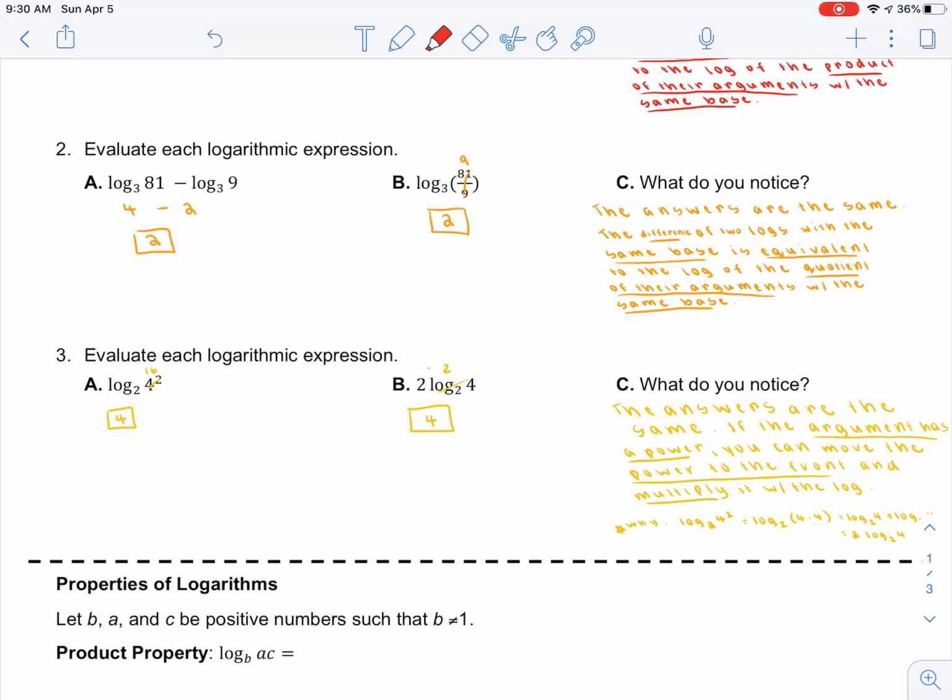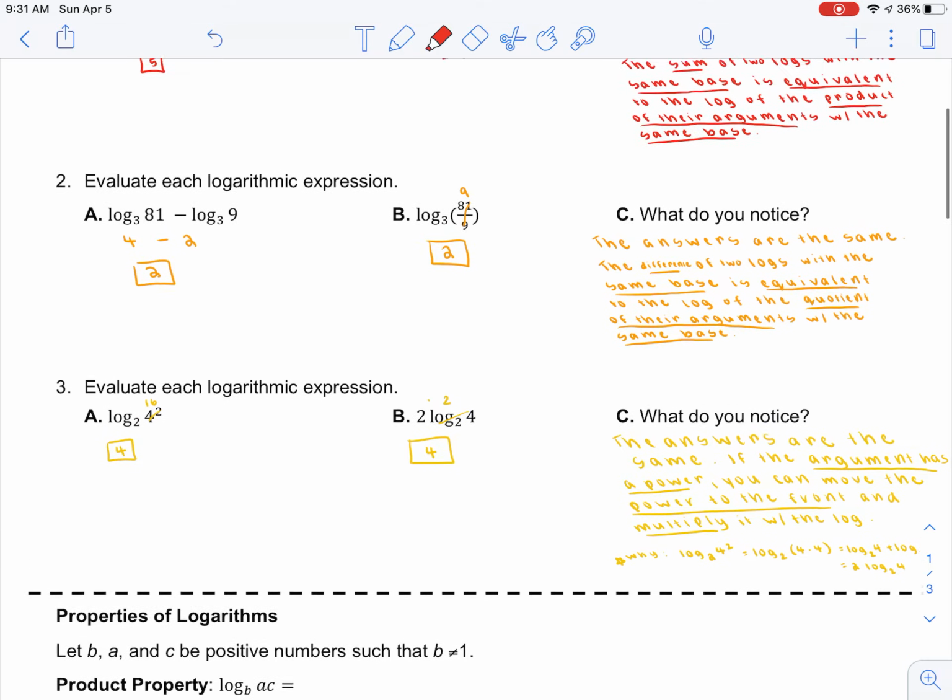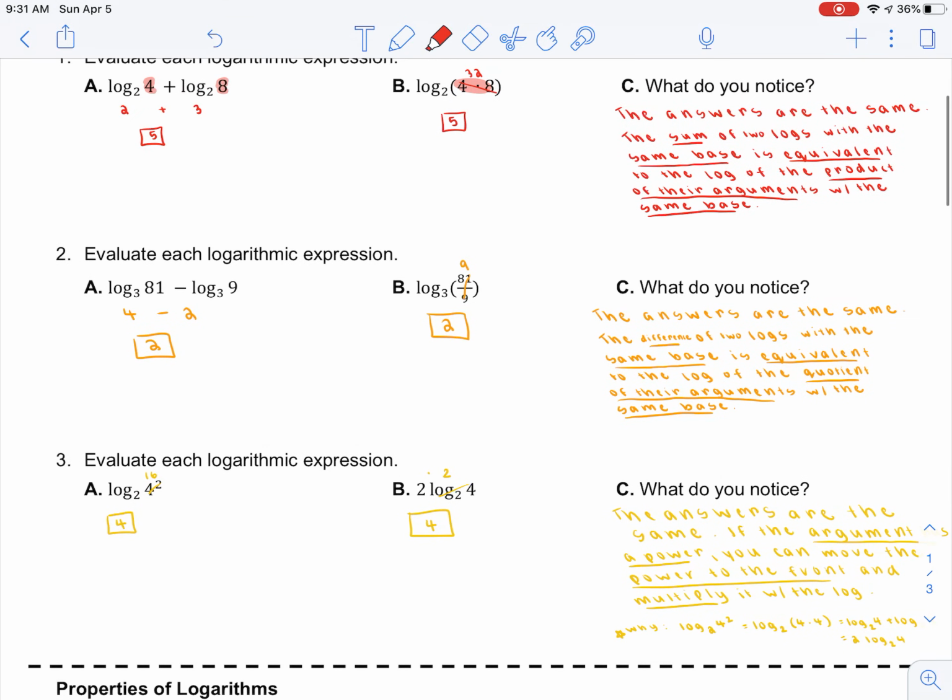Now, what I wanted you to note is that in part A, there was this power of 2 on the 4, but for part B, that power of 2 got moved to the front, and those answers were equivalent. Now, I put a little note where it says Y with a star down here, but if you think about what we talked about in part A, how we can connect this idea of this product that we saw in